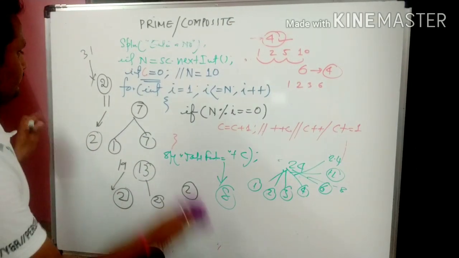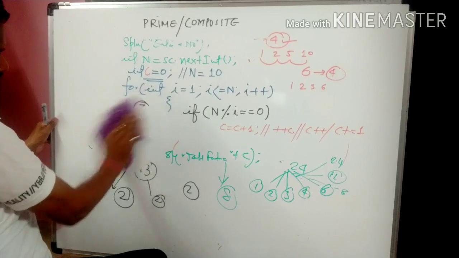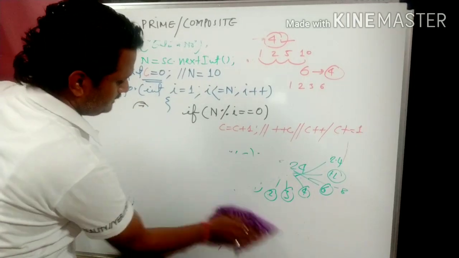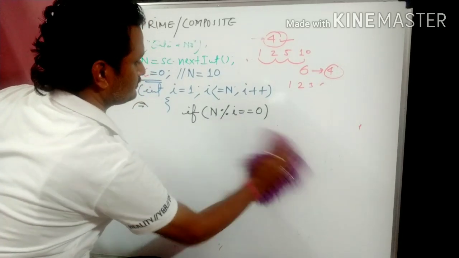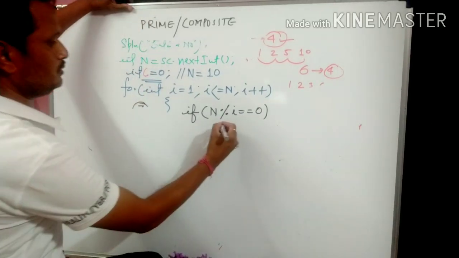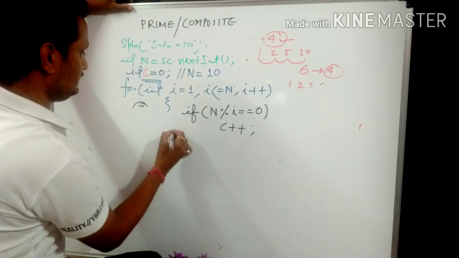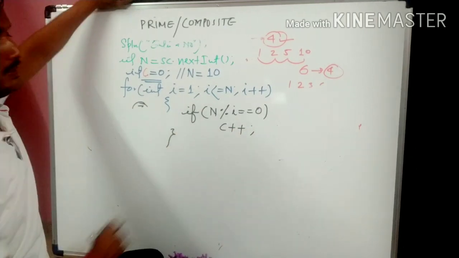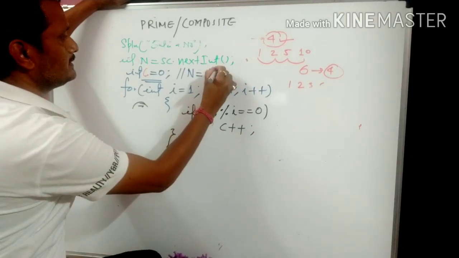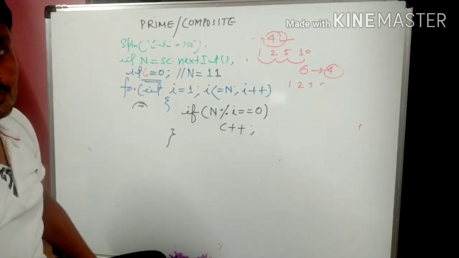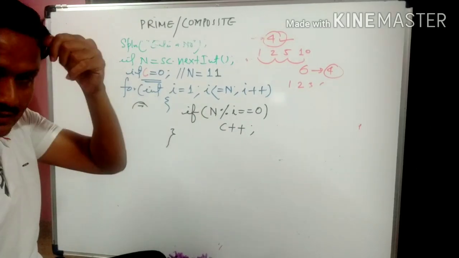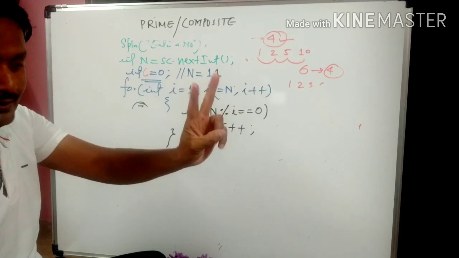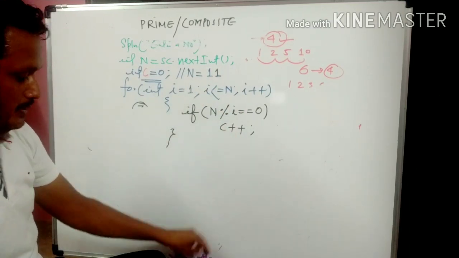This is a number. We are doing this in the same question, isn't it? If the condition is true, here is a C++ program. Suppose we input a number that is 11. Can you tell me the total number of factors? You tell. So 11 is divisible by 1 and by 11. The total number of factors will be 2.